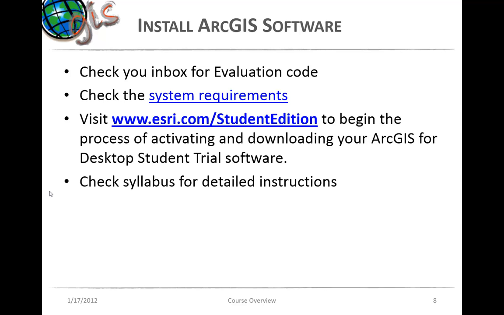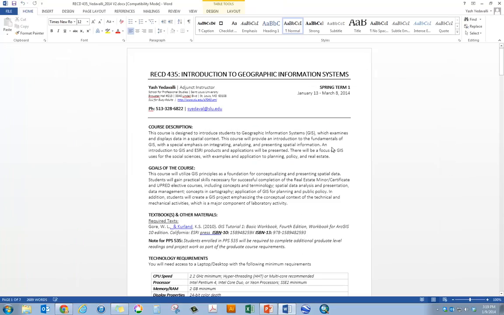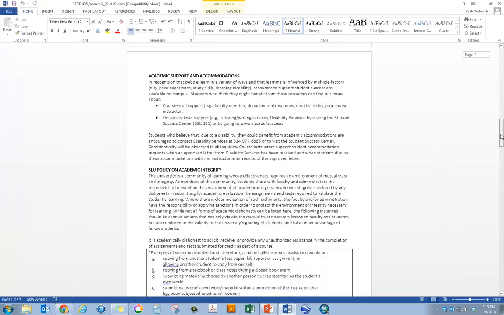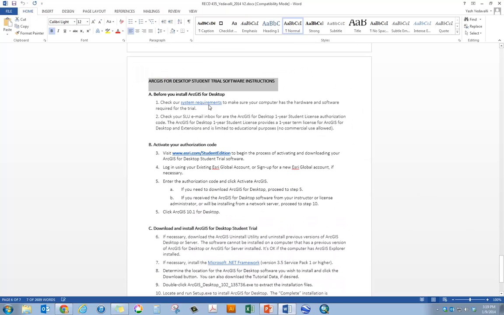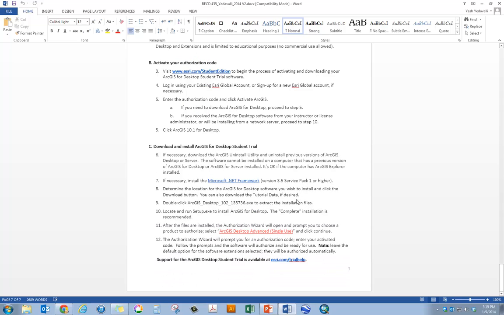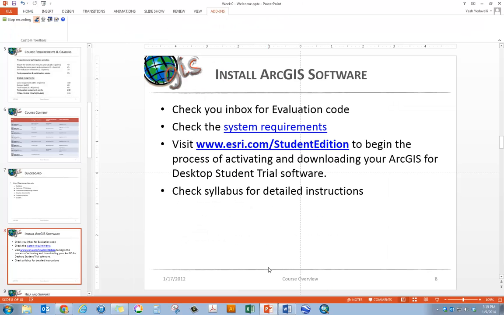There are more instructions at the end of the syllabus. If you go to the syllabus and scroll down to the last page, you have the ArcGIS installation instructions. So please make sure you read through that and install the software. And if you have any issues, please do not hesitate to contact me. So, going back,